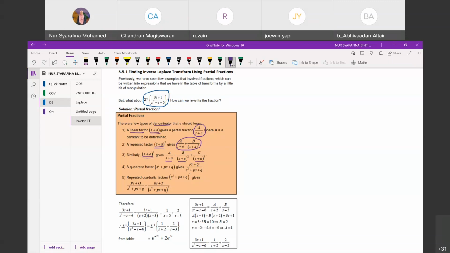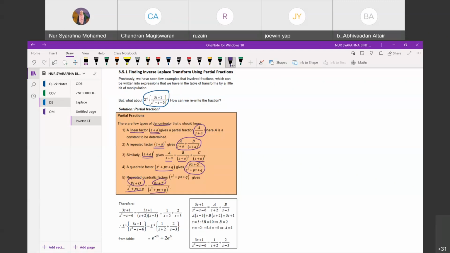Okay. First, it is a linear. Second is a repeated up to power of 2. This one is again repeated up to the power of 3. And if the denominator cannot be factorized, so instead it can only be written as a quadratic, then the partial fraction should have a linear function in the numerator. Okay, and then when it is a repeated quadratic factor, it is a quadratic and also a repeated factor, then just repeat the factor but with a linear numerator. Okay, let's take a look